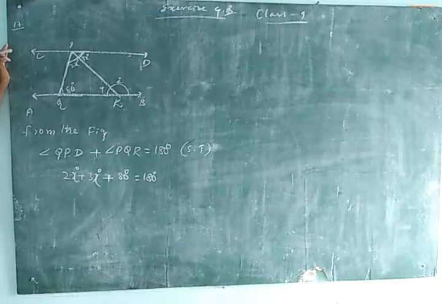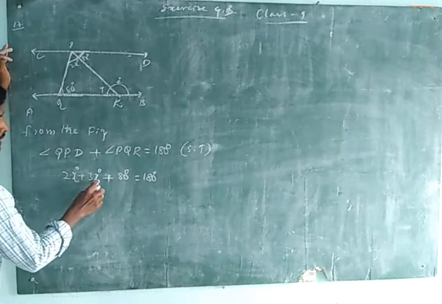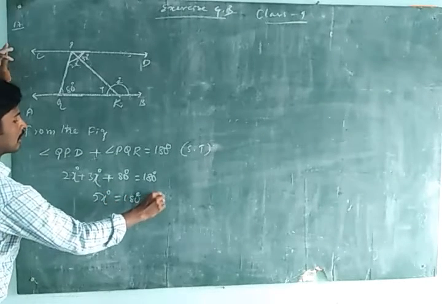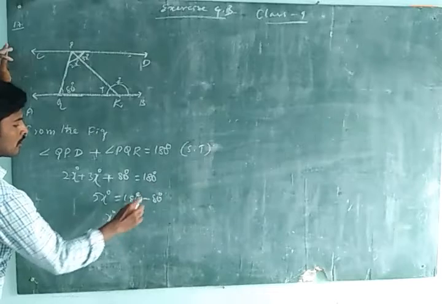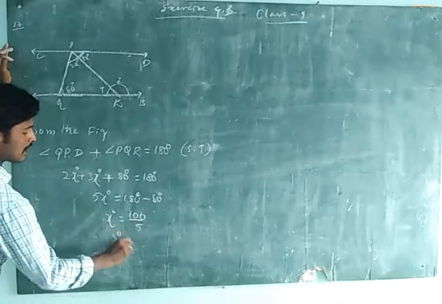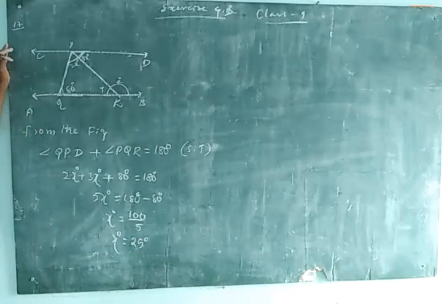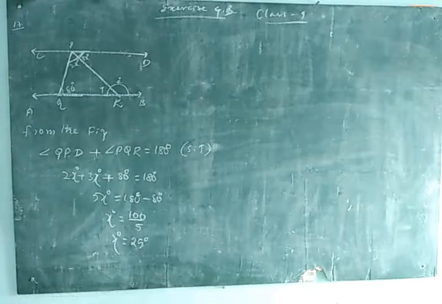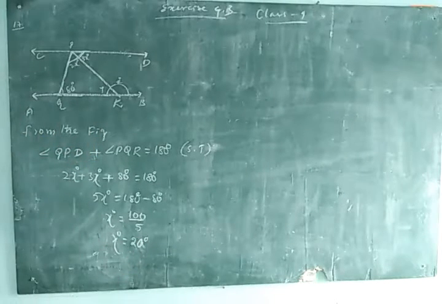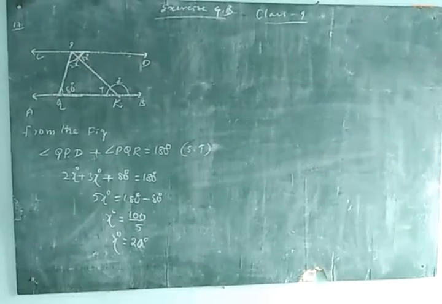Look at the board. Next, 2x plus 3x, 5x degrees is equal to 180 minus 80. Here we know that x degrees is equal to 100 by 5. So x degrees is equal to 20 here, not 25. 4 means 25, 5 means 20. Next, angle